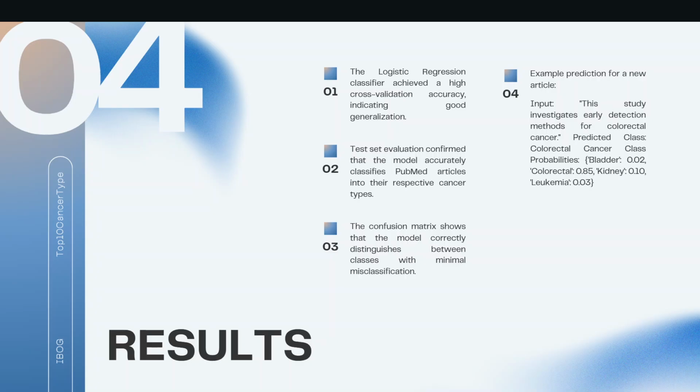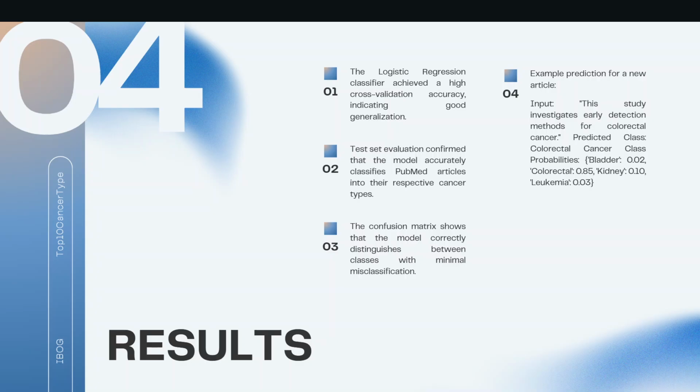For an example prediction for a new article, the input would be, this study investigated an early stage method for colorectal cancer. It should come out as predicted class colorectal cancer. The probabilities should be something like bladder 0.02, colorectal 0.85, kidney 0.1, leukemia